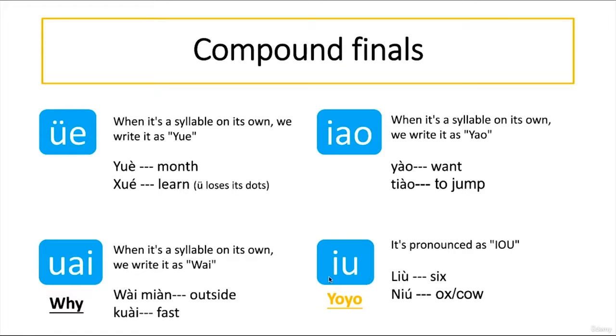You. This sound is similar to you. It's pronounced as iou, but it's written as iu. So read it after me. You. For example, 六 6, 牛 ox or cow. The last one,